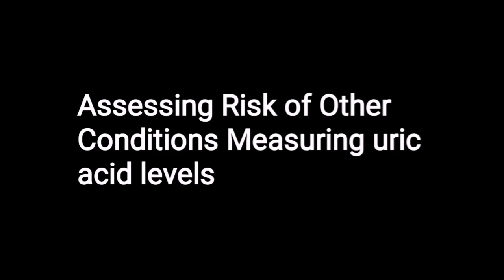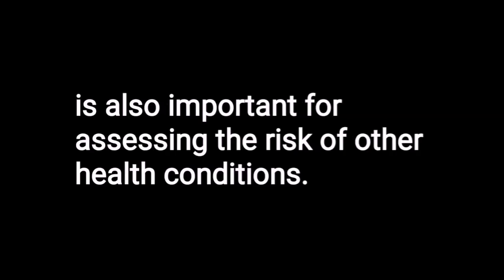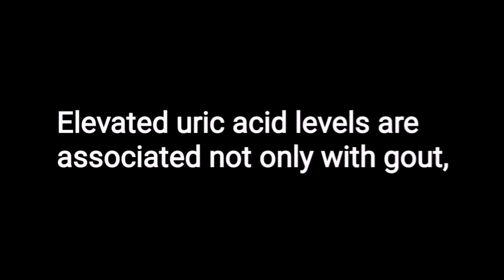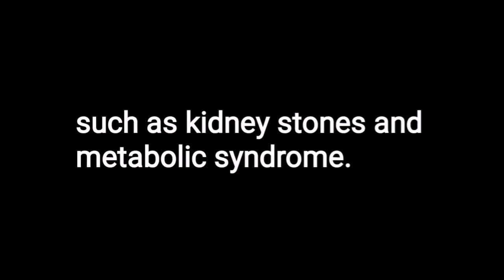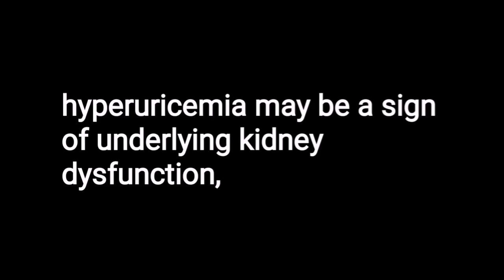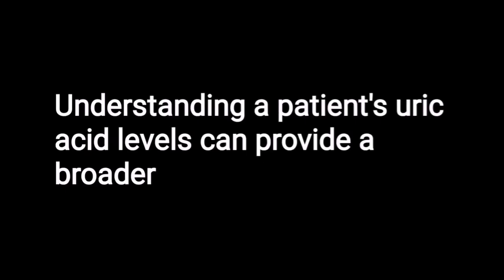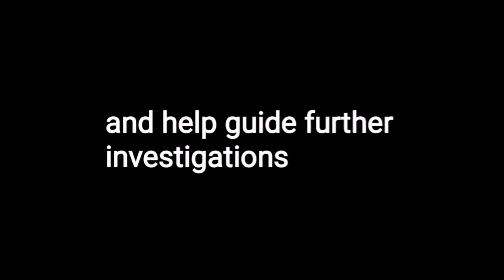Assessing risk of other conditions. Measuring uric acid levels is also important for assessing the risk of other health conditions. Elevated uric acid levels are associated not only with gout, but also with other health issues, such as kidney stones and metabolic syndrome. In some cases, hyperuricemia may be a sign of underlying kidney dysfunction, where the kidneys are unable to effectively eliminate uric acid. Understanding a patient's uric acid levels can provide a broader picture of their health and help guide further investigations or